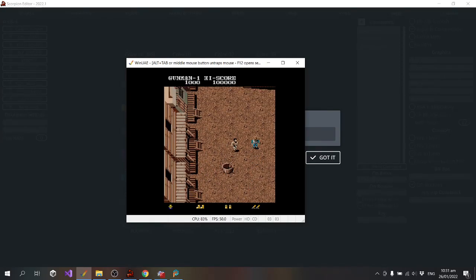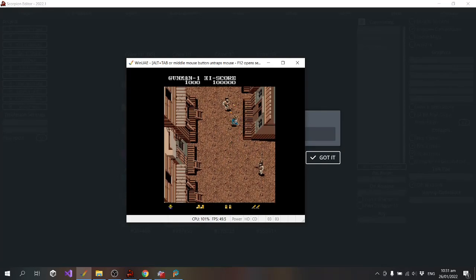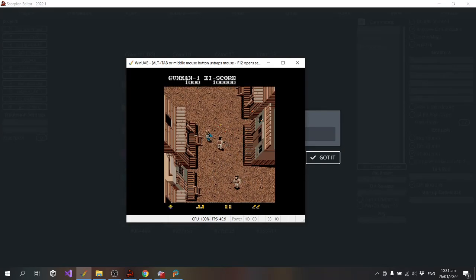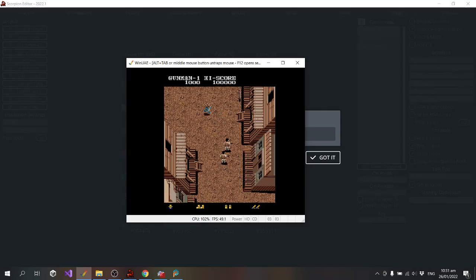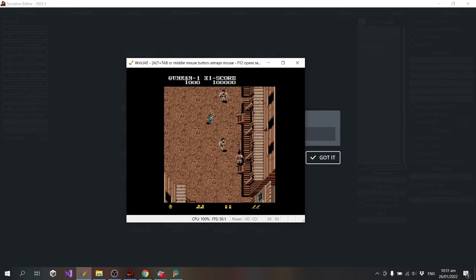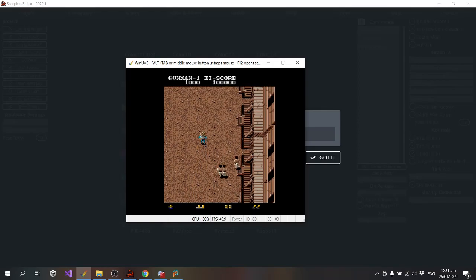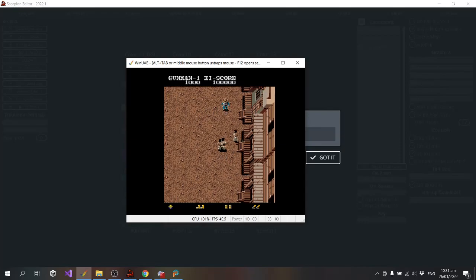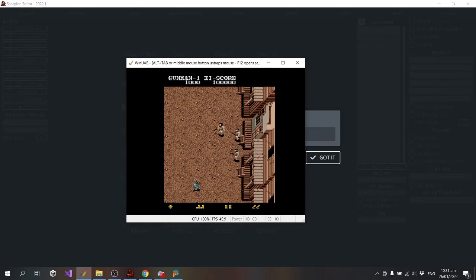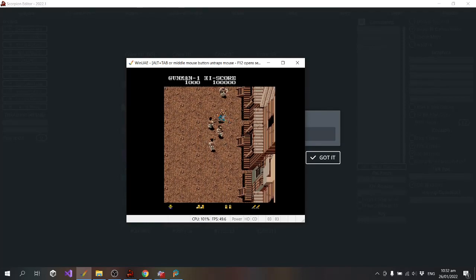Okay, so that's the right screen width. It should be good once I've got the AI working, once I can actually shoot the enemies. There's lots of gimmicks that need to be worked into the game, like every single level has a unique boss fight, so that might be reasonably tricky.